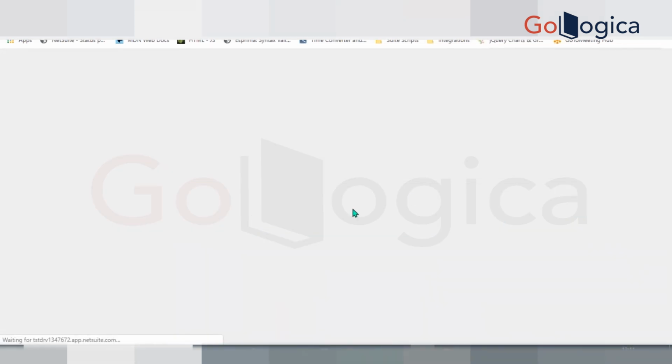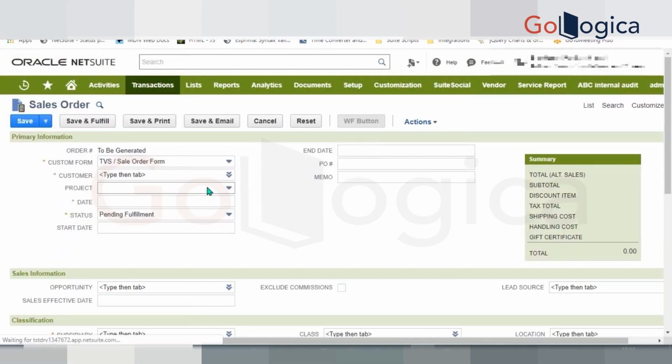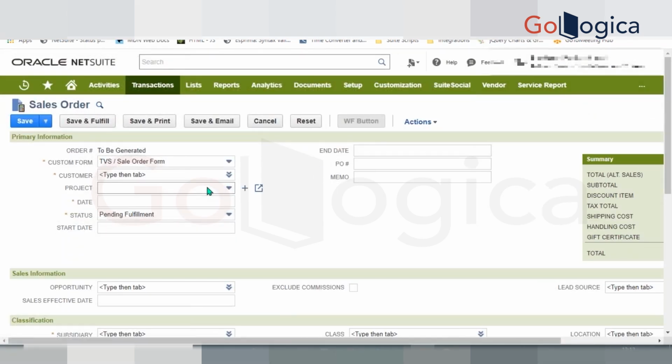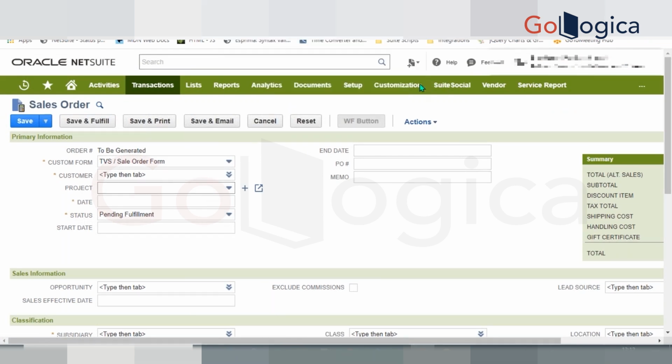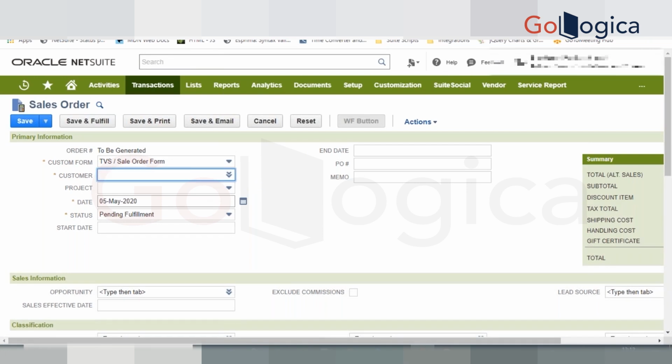Similar to sales orders, if you want to create a form and have it outside of the login, normally you need a login to create a sales order. But creating a sales order without a login is something where we need to work with Suitelets. It depends totally on the requirement, and if someone is looking for a form of a customer or a lead,